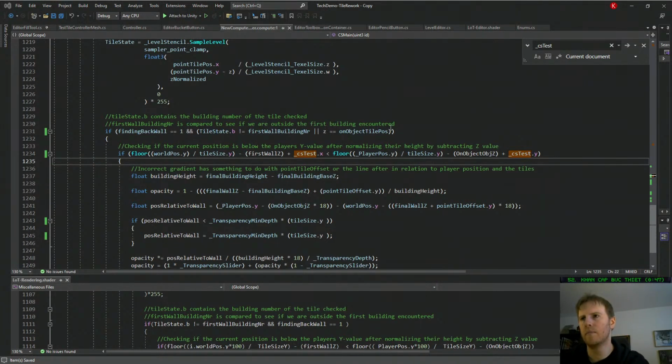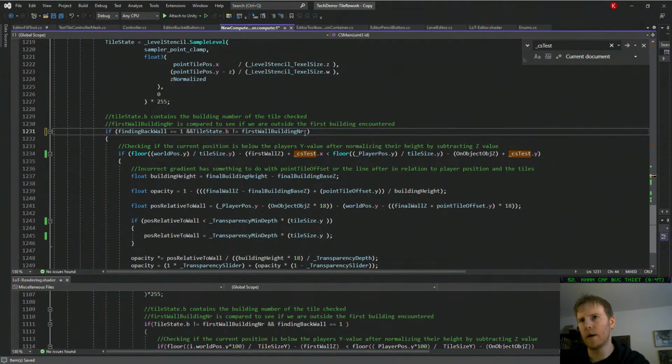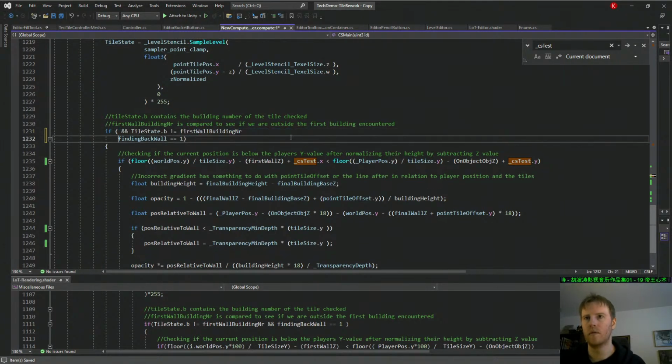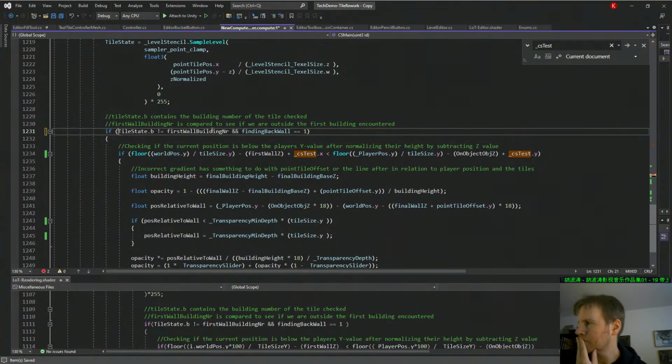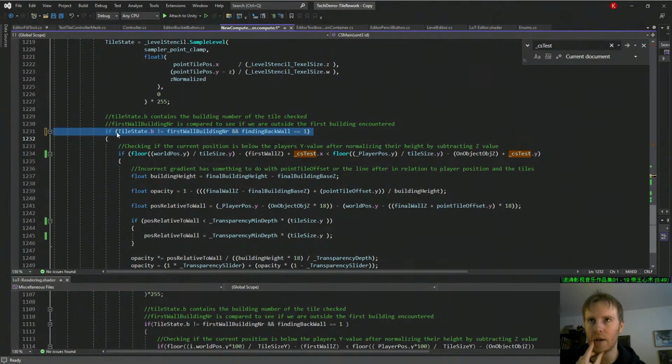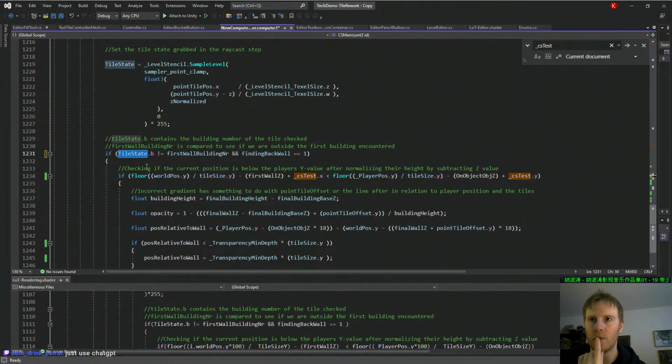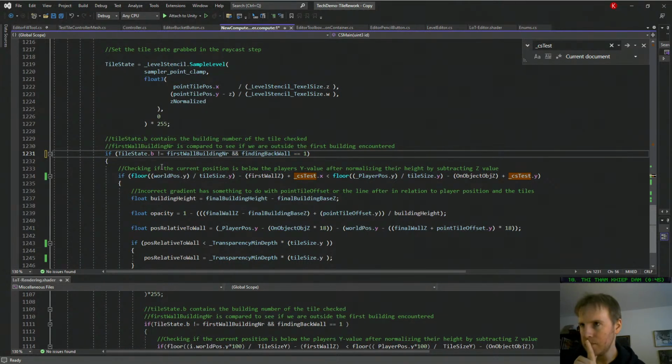Well, all right. Let's try going back to the way that was. So what this is actually doing is it's just checking, because regardless of what happens, we'll get this tile state value here, and when we get outside of the first building, this is going to be set to 255, because it's just gonna be empty space, and that means 255, which is the null building value. And so this will always enter there. And then here,